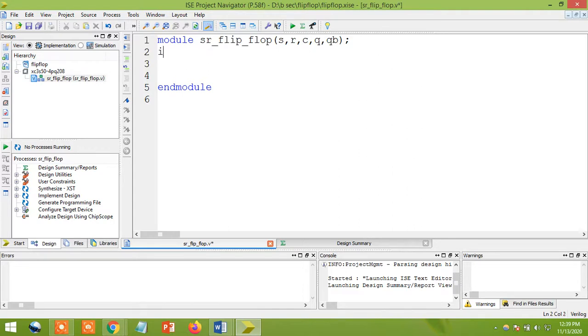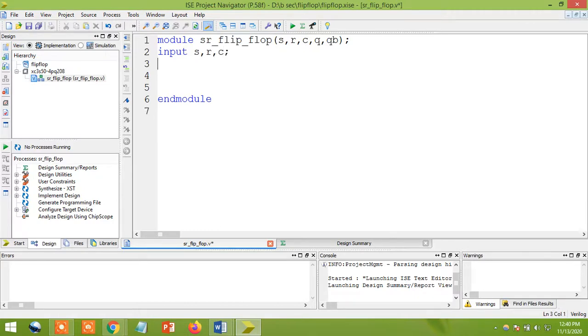Yes, input. Next, what are the inputs you have? I have S, R, and C. So you just define them here: S, R, and C. Everything here I'm going to take as one bit, so you can define all three in one statement only. So I'm going to give S, comma R, comma C, and you need to give a semicolon.